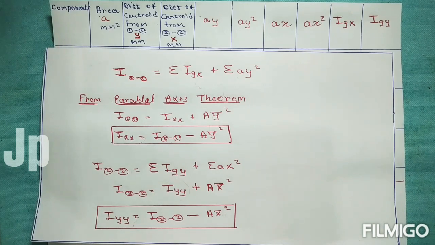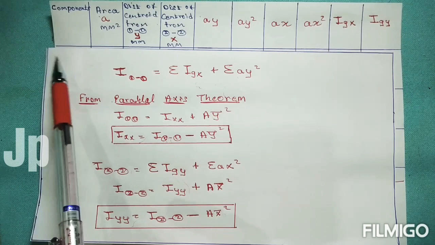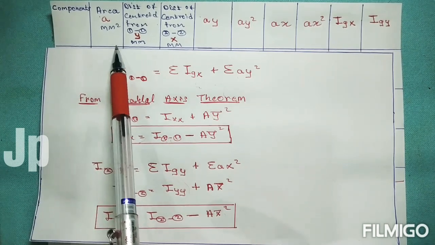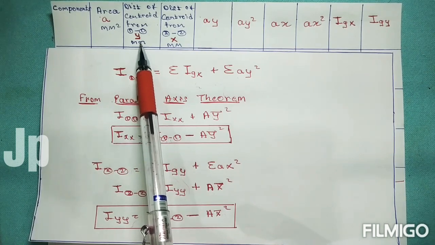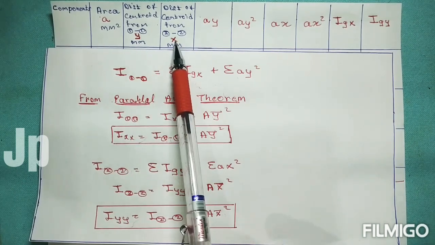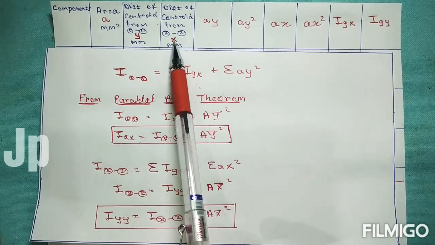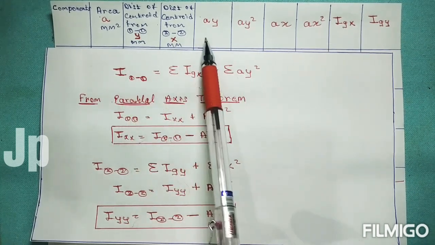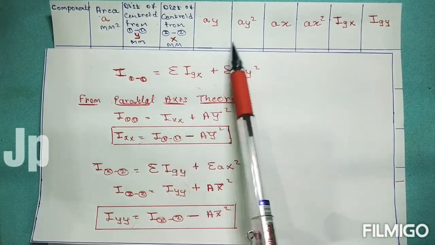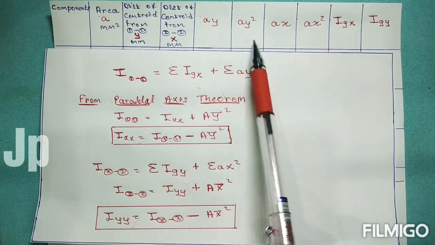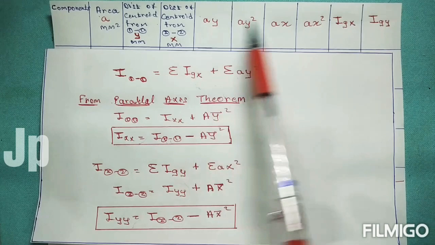So let me tell once again. First you have to draw the tabular column. So the tabular column will include the component, the area of the component, the distance of CG from your reference axis 1 1, that I can take as y. Similarly, the distance of CG of each component to your reference axis 2 2, that will be x. Next we need columns for A into y, then A into x, because the moment of inertia means the second moment of area. So we need area into y square. So A into y square, A into x square.